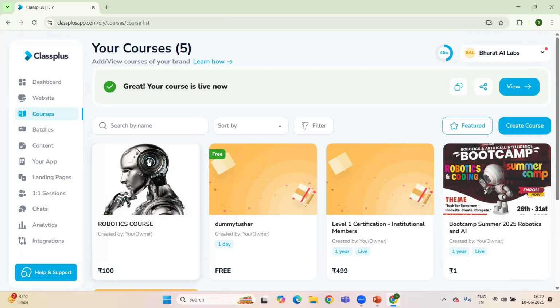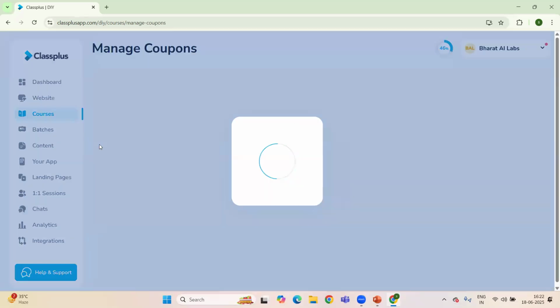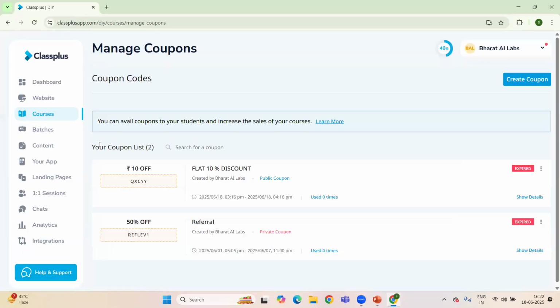But if I want to apply any coupon for this course, we have the option manage coupons under the course category. So we can create discount coupons as per our convenience.